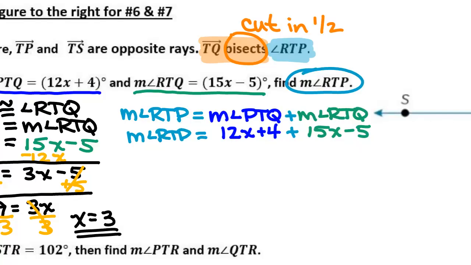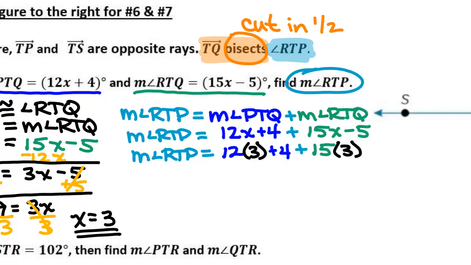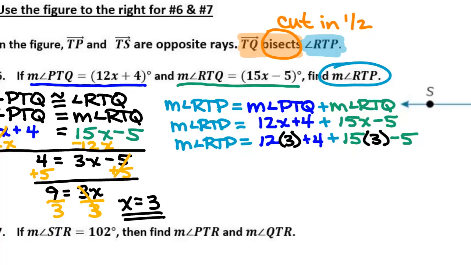What can I do now? Substitute. The measurement of angle RTP is equal to 12 times 3 plus 4 plus 15 times 3 minus 5. All right, let's clean this up a little bit. What is 12 times 3? 36. And 36 plus 4 is what? 40. Plus, what is